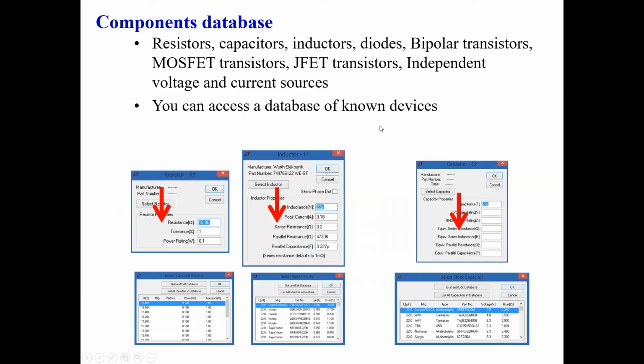Now the component database. There are so many components that are readily available. From that database, you can select which one you want, because in resistances you will have different types of resistances with different tolerances and different power ratings. So you can select that. Similarly, when you use an inductor, they have different values and different part numbers, so that can be placed here. Same is the case for capacitances. So the database is available in LTspice, and there you can select and use. If that database is not available, you can download it from the website and place it